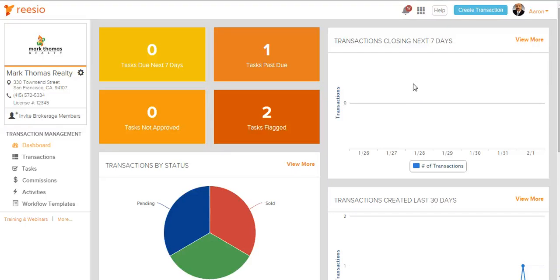This video demo will show you how to create and manage transactions within Reesio. To get started creating transactions, you need to click on the blue Create Transaction button that's in the upper right corner. Now, this blue Create Transaction button will only show up when you're within the transaction management portion of Reesio's